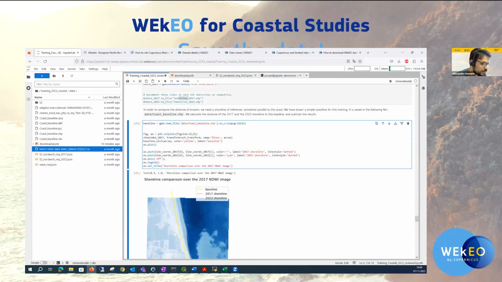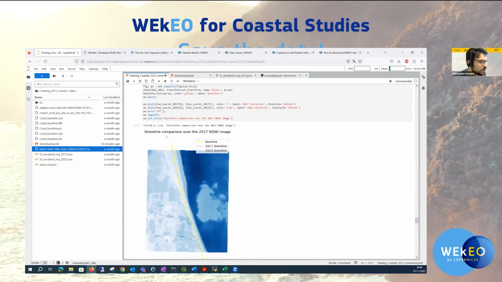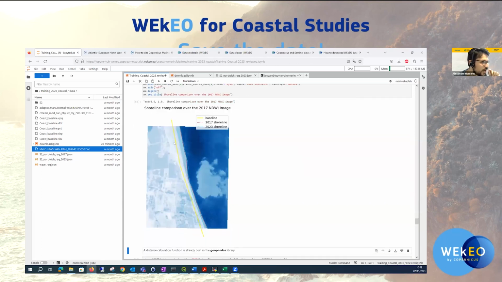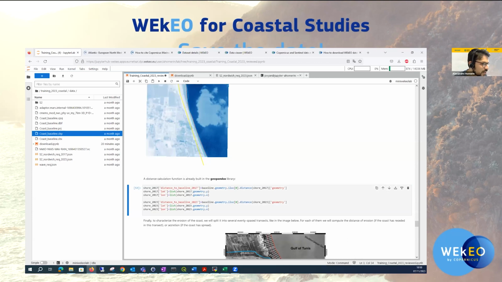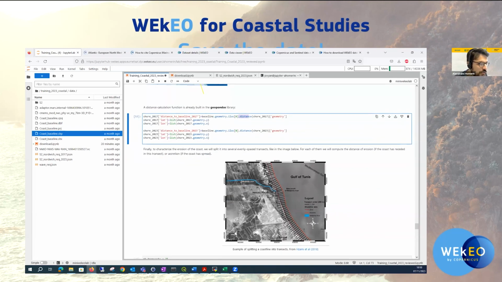So now to compute the distance of erosion, we will compare both of the shorelines to reference baselines that we have drawn here. We have prepared this. Those files are shown here. It's a shapefile. So we're going to simply compute the distance of each shoreline to the baseline and subtract them to calculate the variation of the erosion, or maybe accretion in some parts of the coastline. With GeoPandas, there is a function that enables you to calculate the distance between objects, and we're going to cut the shoreline in